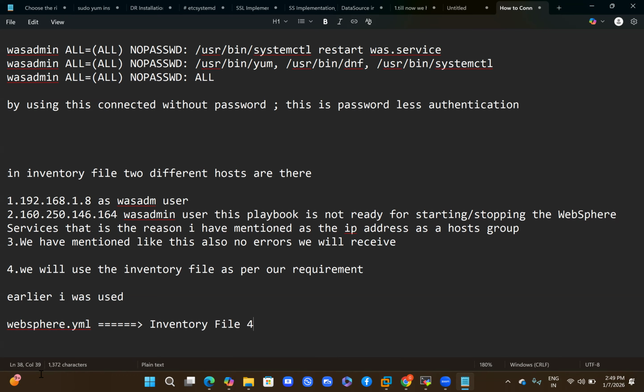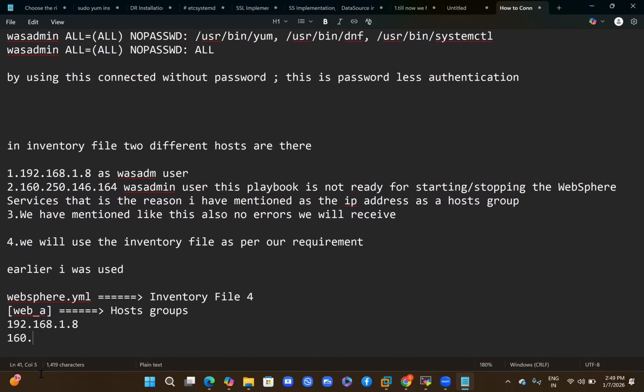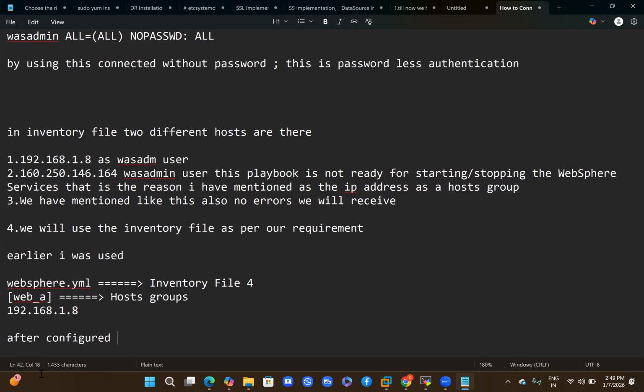The inventory file is mentioned here. web_a is the host group. Under that, here, 192.168.1. and 160. dot. I mentioned it here like this. After configuring the production service,